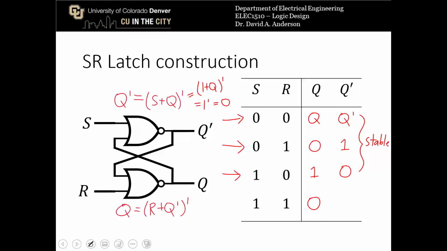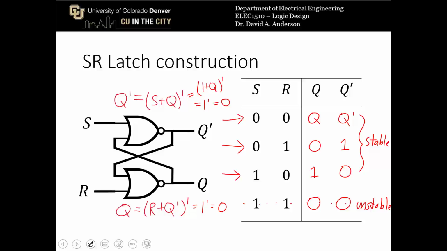For the bottom line in the truth table, R is 1, so we get 1 or Q prime prime, which is 1 prime, which is also 0. Since Q and Q prime didn't turn out to be opposites in this case, we call this an unstable state. This is actually an illegal set of inputs that we don't want to occur. The output of the latch will be unstable. It'll actually oscillate between 0 and 1 for both Q and Q prime, and we don't ever use that set